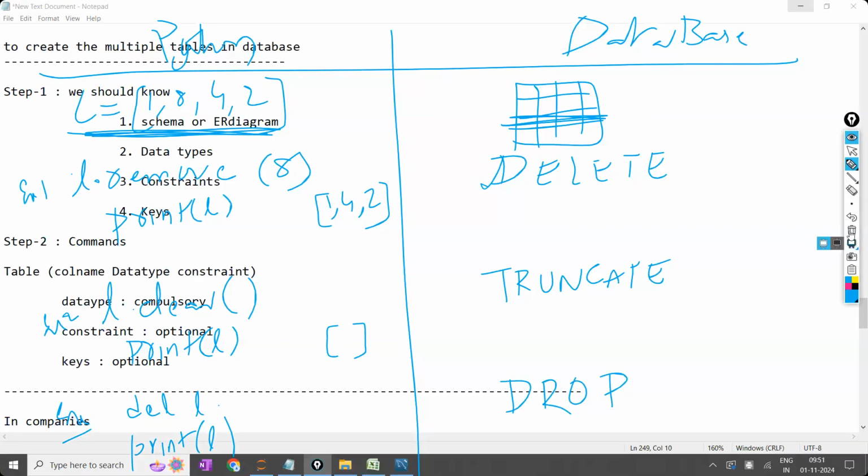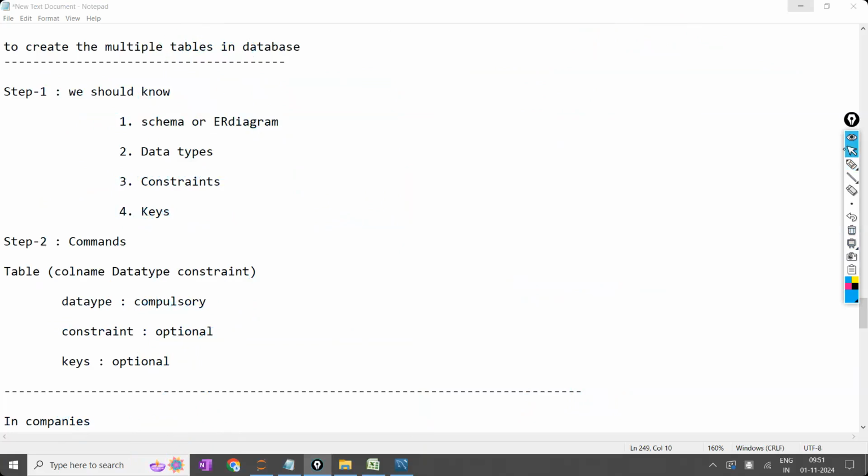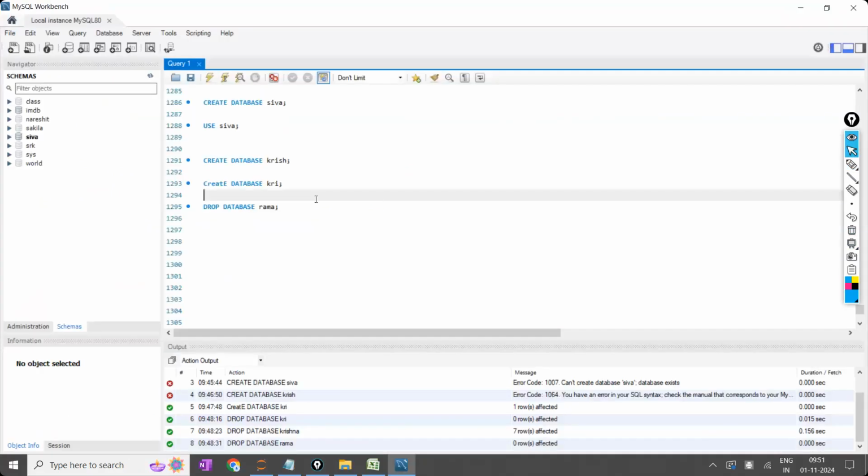Here, what I'm going to do means I'm dropping the entire table using the drop. If I drop everything, the object itself is deleted. In the database, what tables are there, what values are there, how many columns are there, everything will be deleted. Like this, we are going to create the database and we are going to delete the database. Now, after creating the database, now we are using the Siva.